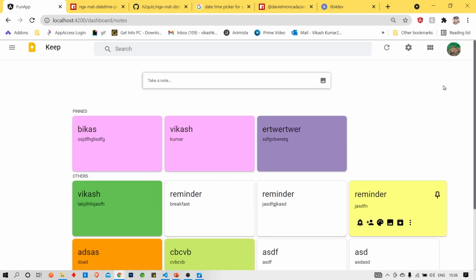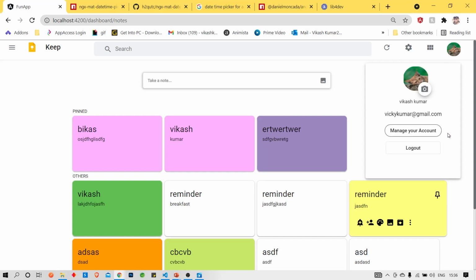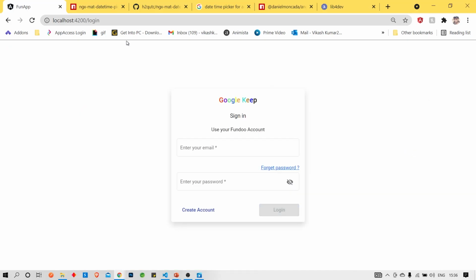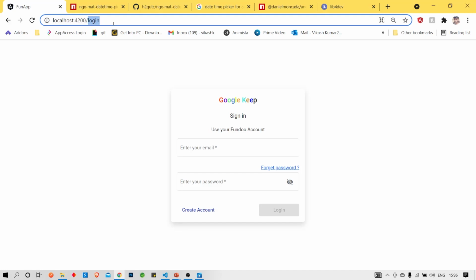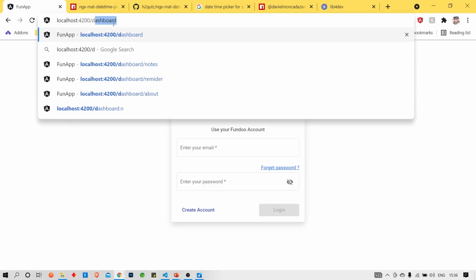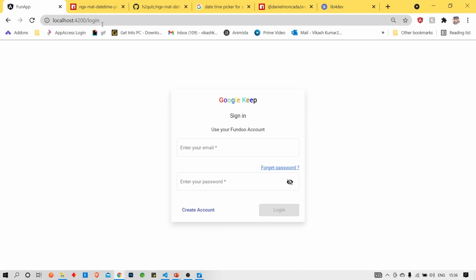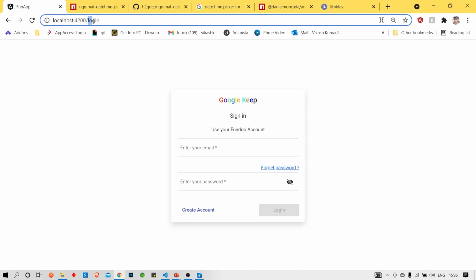Yeah, so this is all about the Google Keep clone. I want to show one more feature. If we click on logout and without login I try to redirect to our nodes, we can't go to that dashboard.